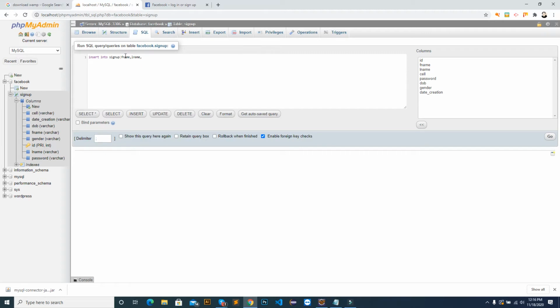F name, L name, then date of birth, then gender, then the date creation column. Now space bar and values, then single quote, single quote, comma. I select it, Control C to copy it, and Control V, 2, 3, 4, 5, 6, 7.